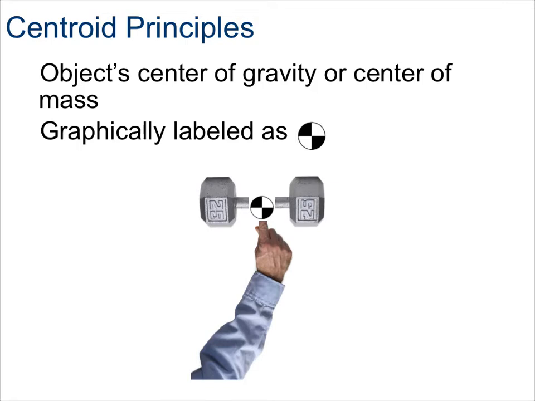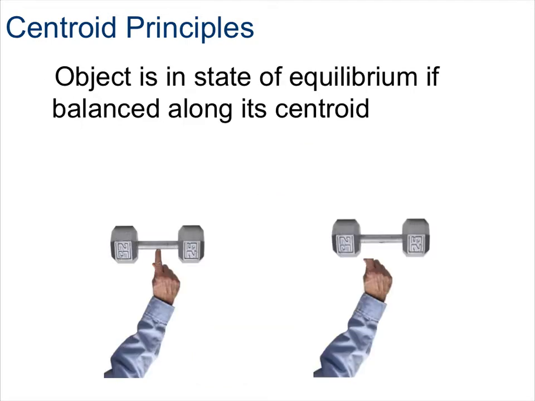the object. Technically, you can calculate the position of a centroid by finding the mean position of all points in the object. Go ahead and make sure that you see the symbol for what a centroid is. It's represented right here. An object is in a state of equilibrium if it's balanced along its centroid. Technically, the center of gravity refers to a point at which the entire weight or mass of a body is considered to be concentrated, so that if it's supported at this point, the body would remain in equilibrium in any